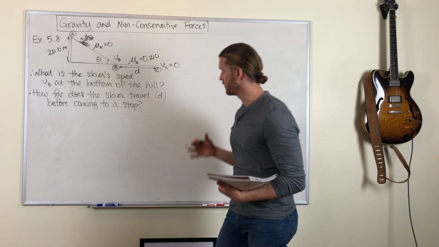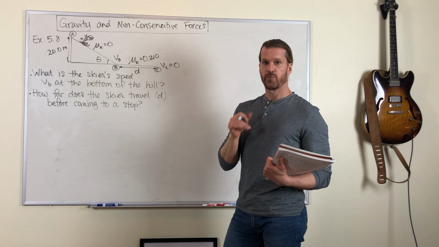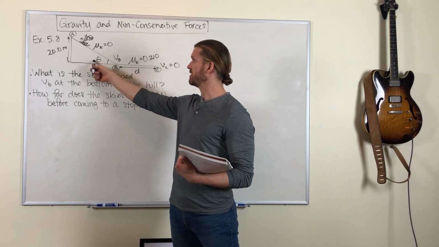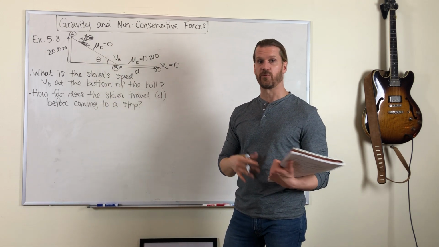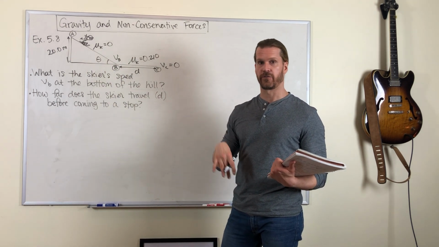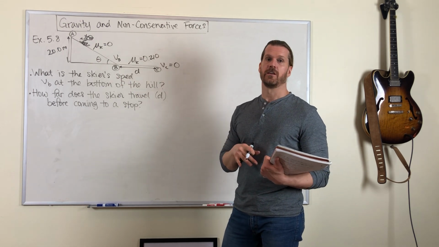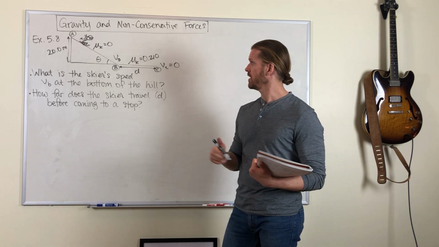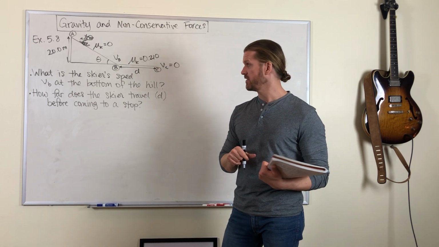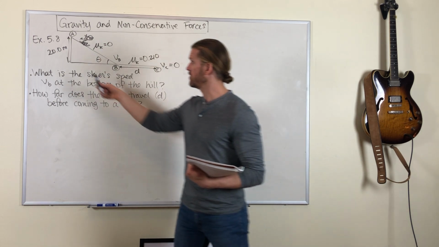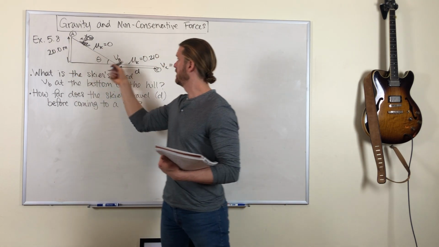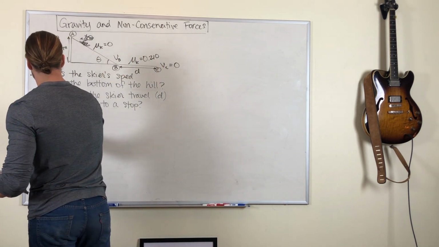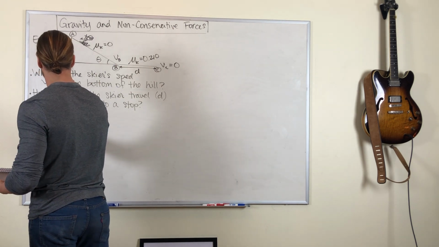So let's look at the first question. What's the skier's speed at the bottom of the hill? Previously, we would only have been able to figure this out if we were given that angle, because we would have had to do Newton's second law on a slope, figure out the acceleration, and then use kinematics to figure out the speed at the bottom of the hill. But now that we know conservation of energy, all that's important is that we know the initial height and the final height. And using our energy analysis,